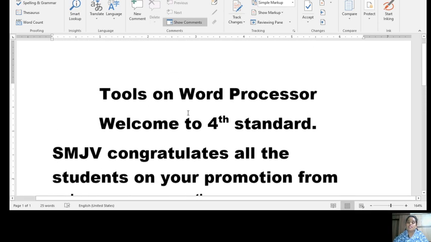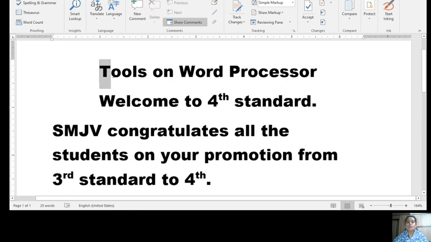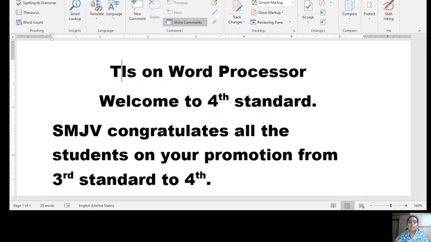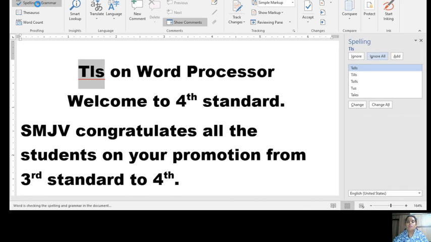See, it is showing it is complete. So if you want to really add some new words, what you will do, you select it. Go to spell review. It is telling it is correct. I'll do one thing. I'll make a mistake. Okay. So it is showing. Now what I'll do, I'll select this spelling and grammar, add.